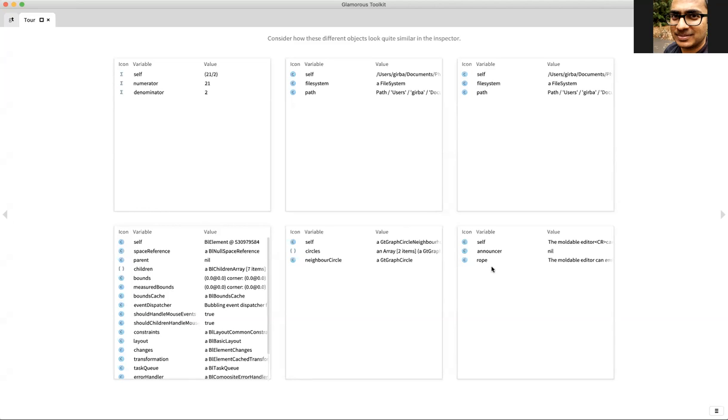And so let's look at what we mean by that. Here we see six different objects, and all inspectors in the world, except one, show all of these objects exactly in the same way. That is, here are the variables and here are the values, right? Because the inspector is defined as the tool that shows you the interior of an object. But if you want to turn it around and say, we want a tool that shows us